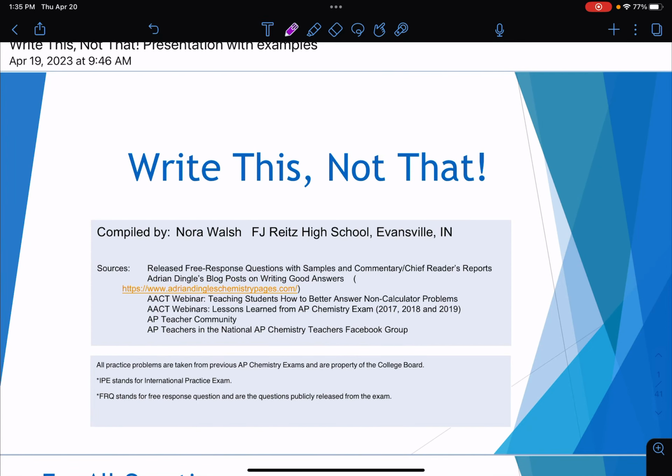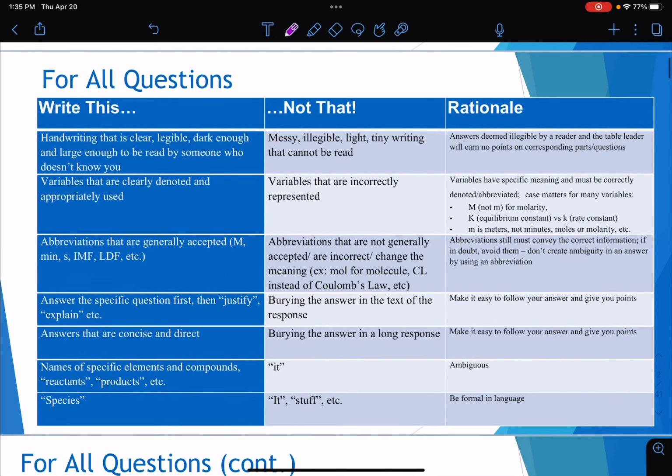All right, let's go over these slides called Write This, Not That. So here are just some general write this, what's in blue. For example, handwriting should be clear, legible, dark enough, and large enough to be read by someone who doesn't know